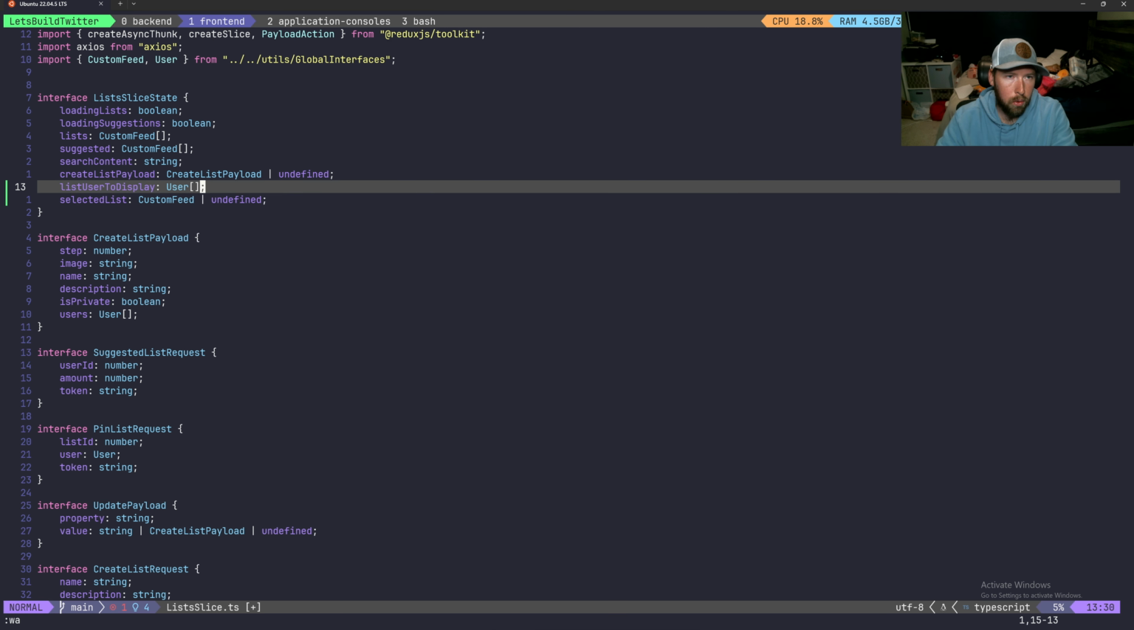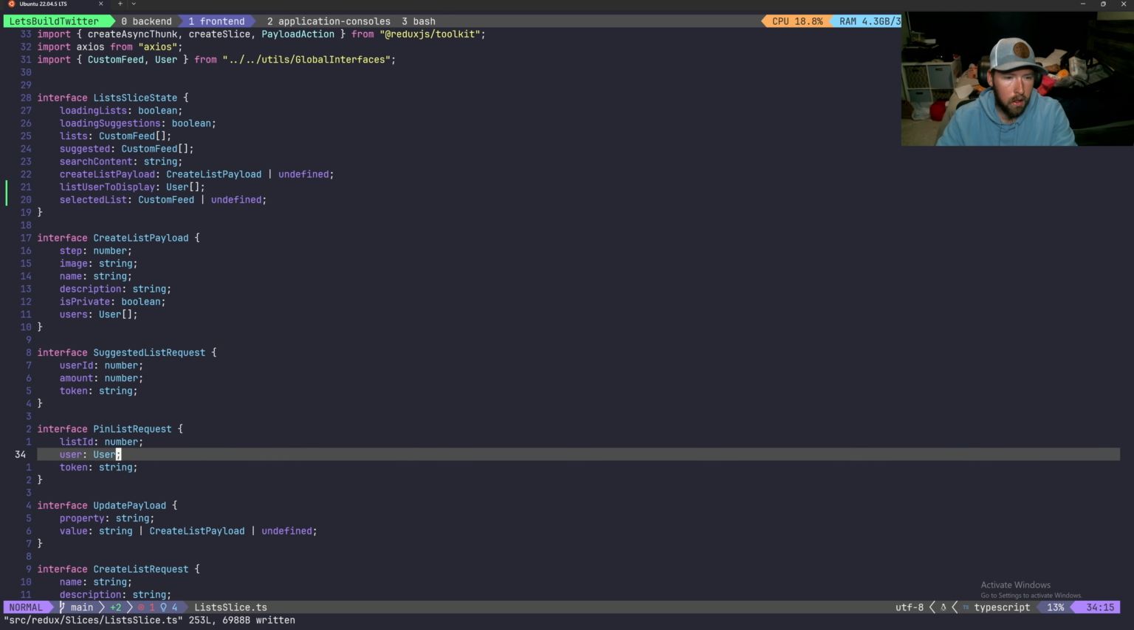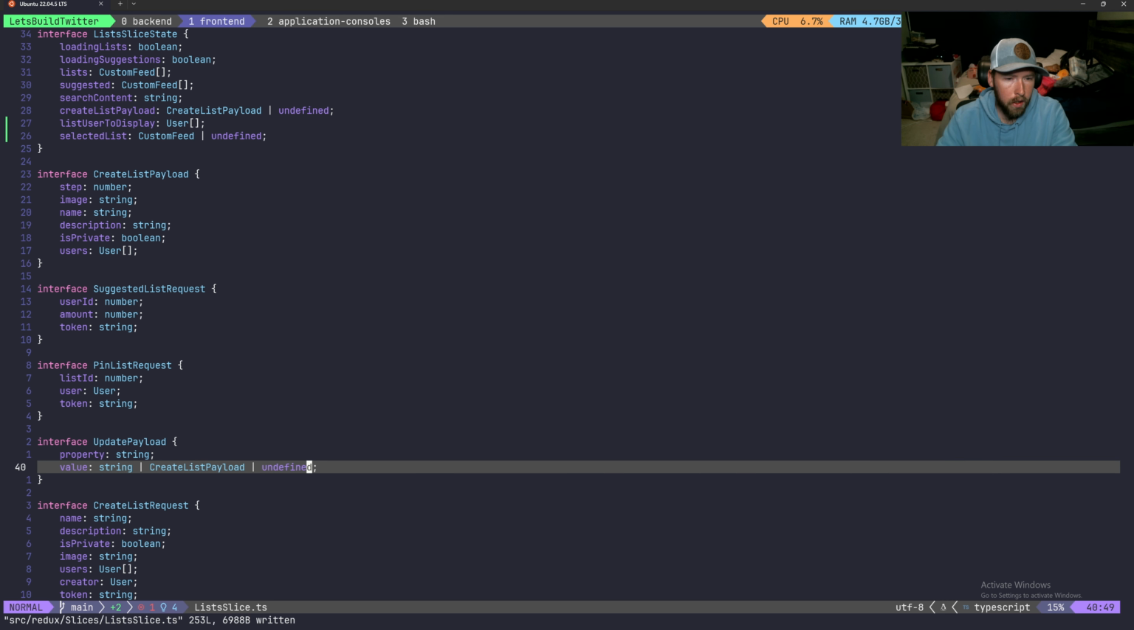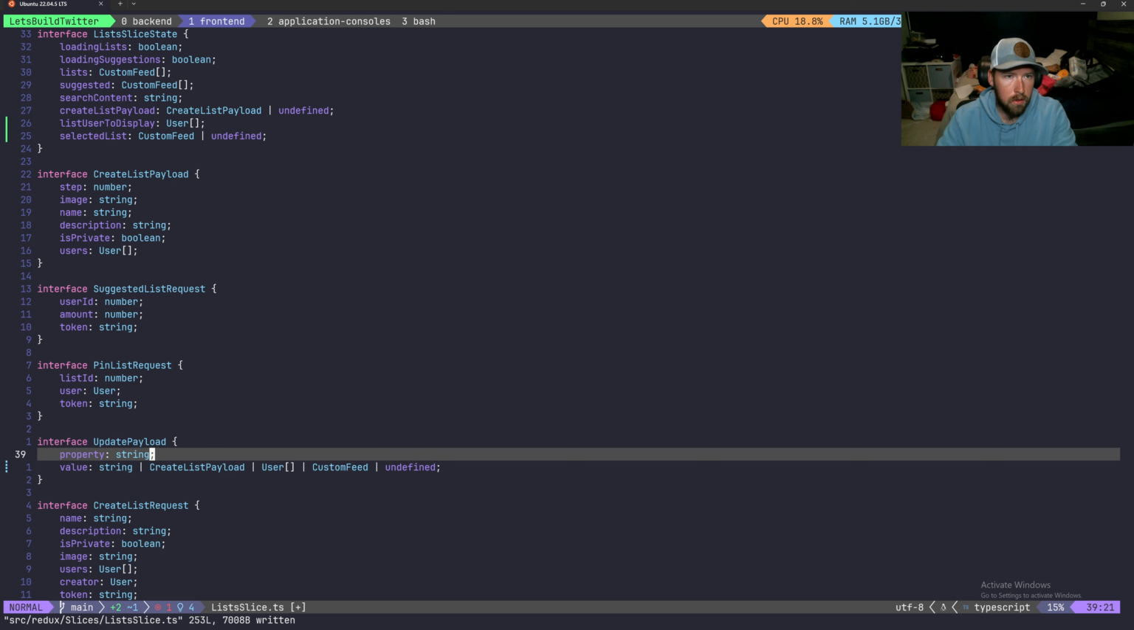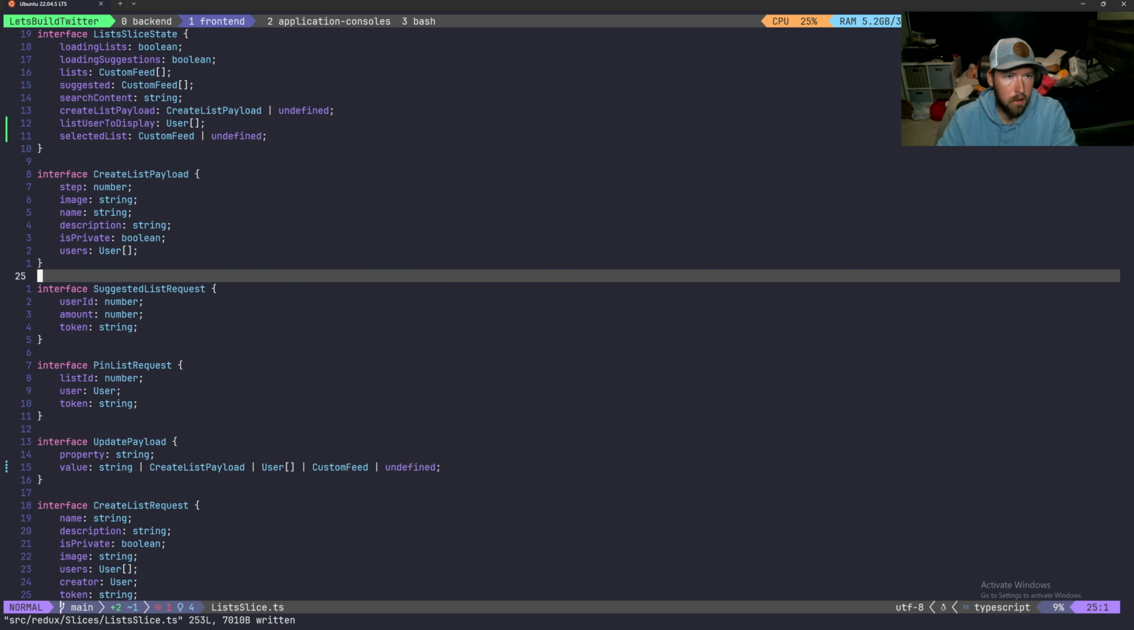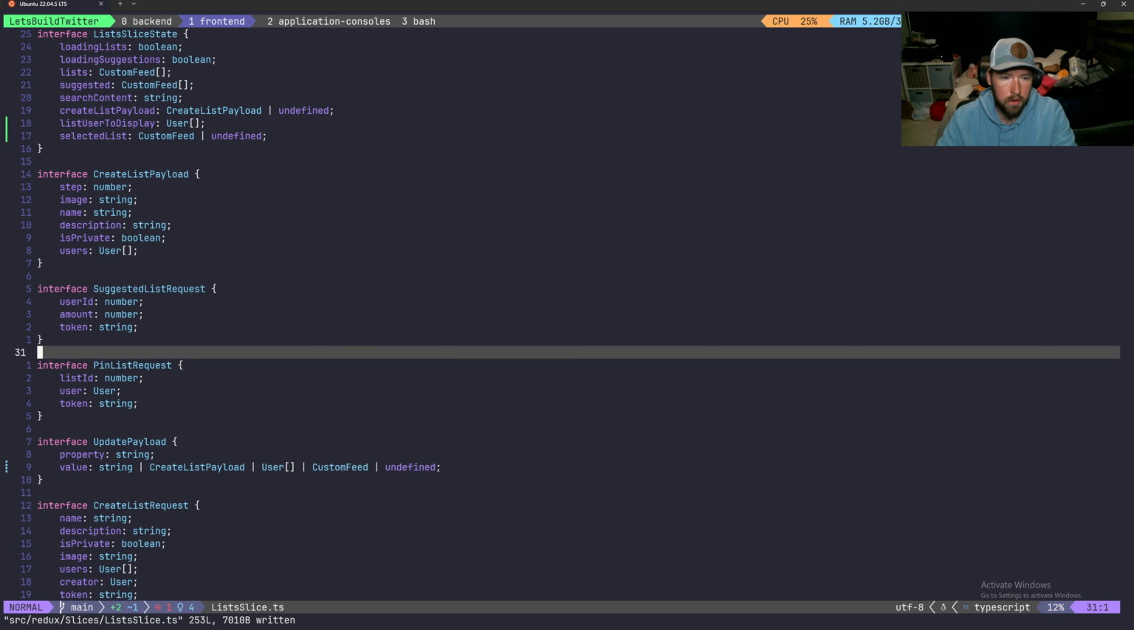And let's import user if we need to. It looks like we already have user. Perfect. And then we're going to need to come into our update payload. We need to add in that user. Let's add in user, and we also need to add in our custom feed, like so. And then let's make sure we also do this. So that should be up to date and good to go. And this should actually be a user array. And let's make sure the list users to display is also an array,